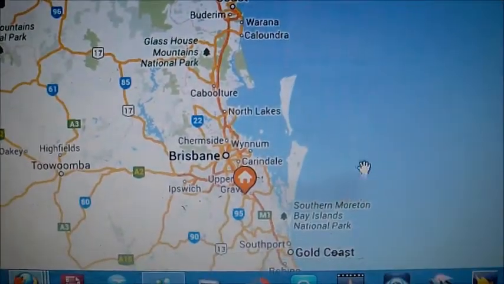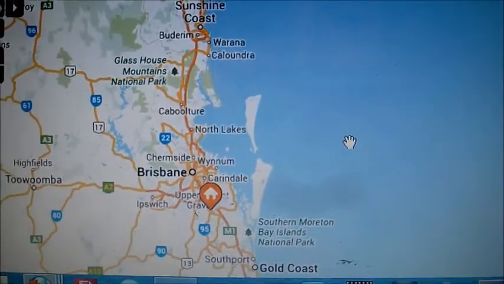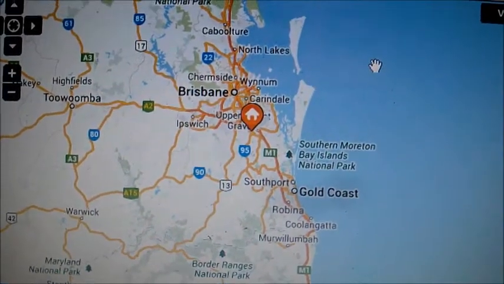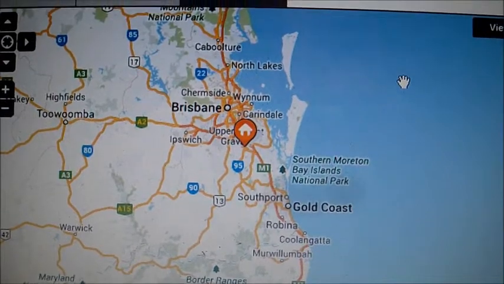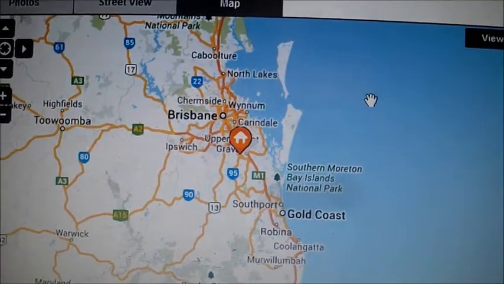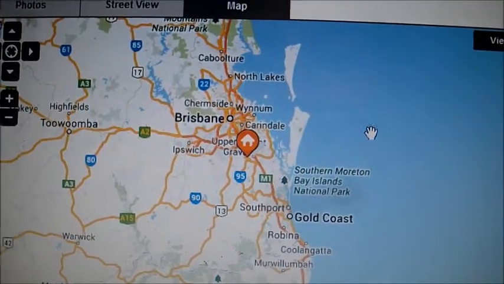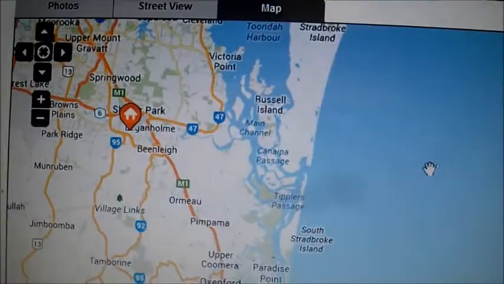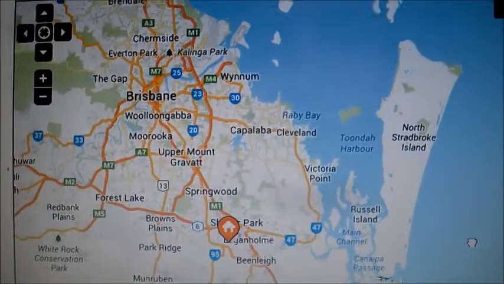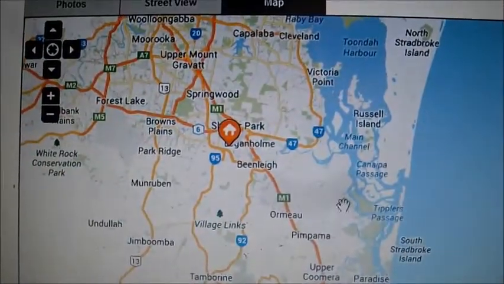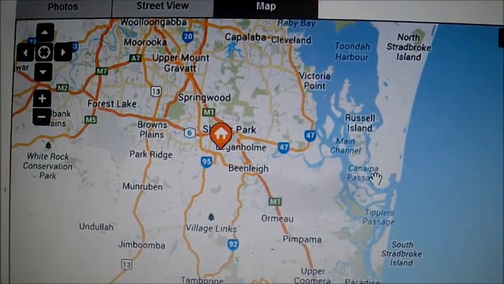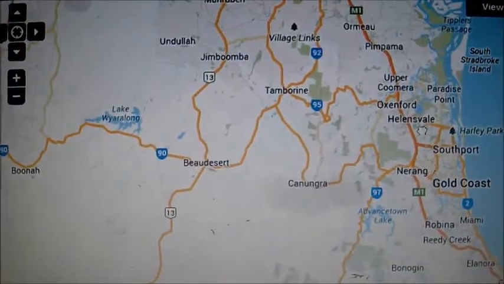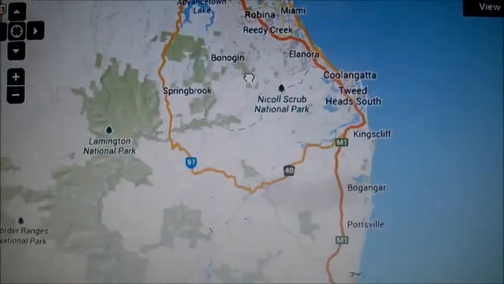When looking at this map, you can really see how the water has come along to dismantle what used to be a larger land mass. Like on the Gold Coast, for example, what you see here is a large disruption of what used to be a larger land mass. And you can see around the Gold Coast